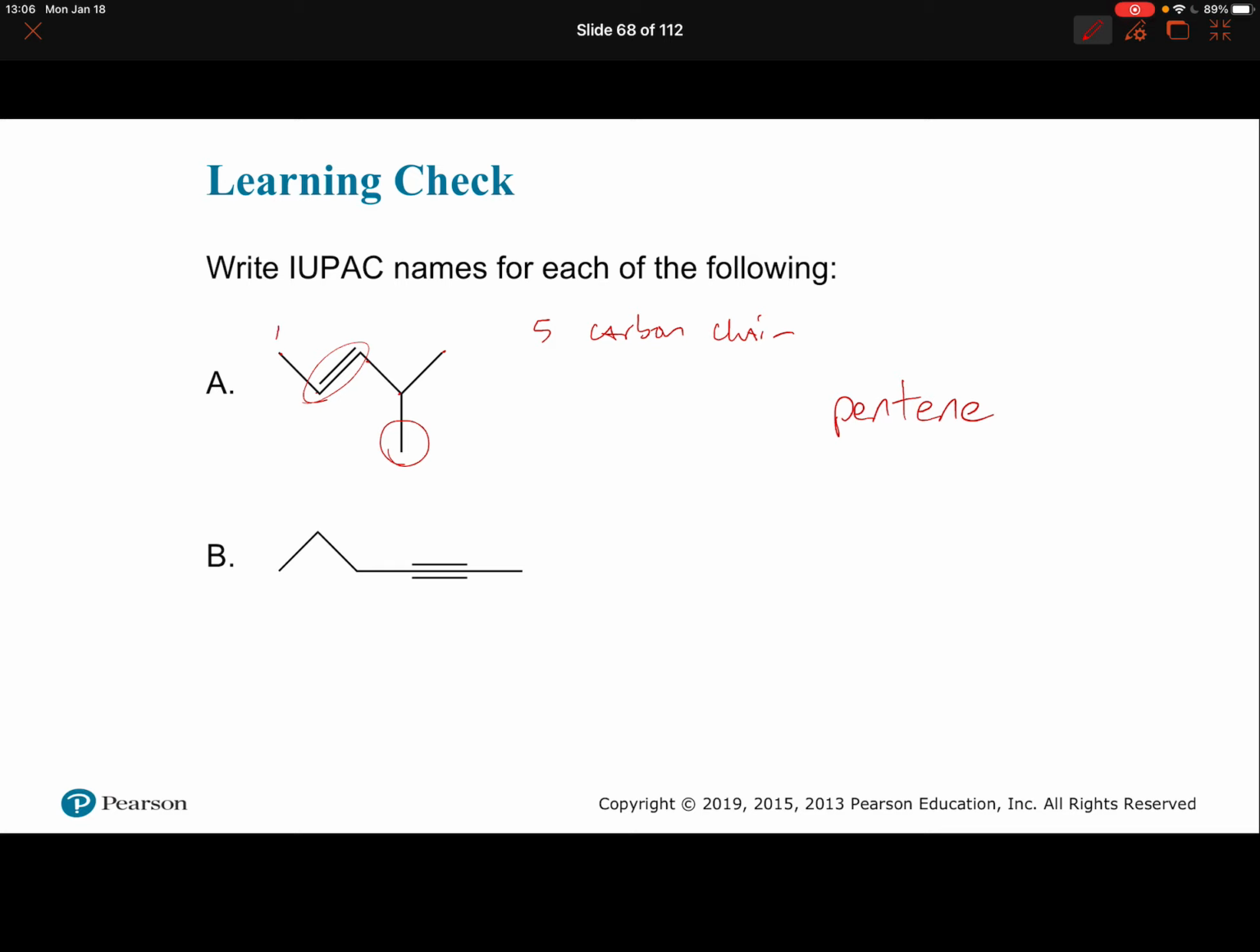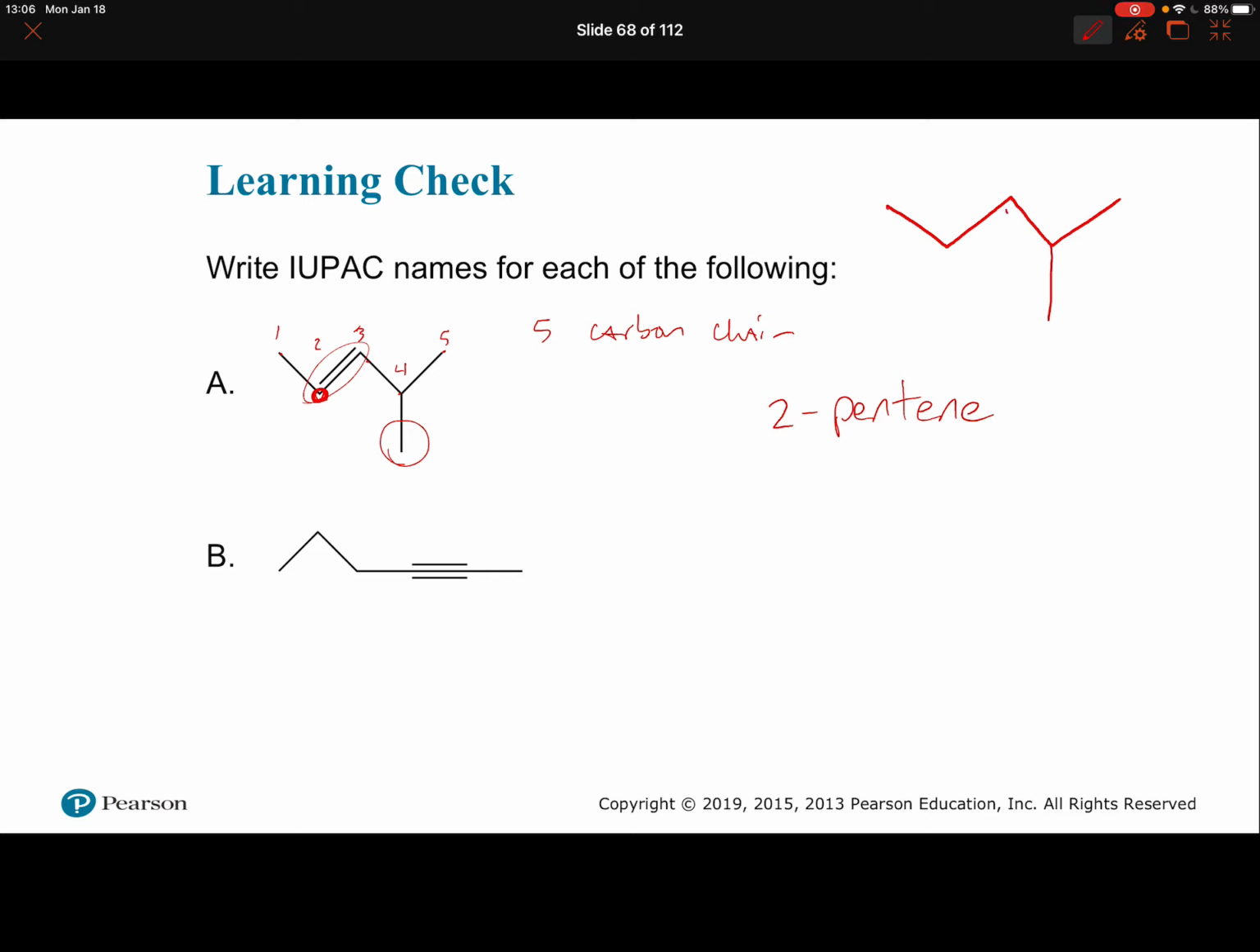So in that sense, we're going to have to start numbering from this side so that we can get our alkene assigned to the number 2 carbon. It starts right here on the number 2 carbon and goes to the number 3 carbon. So this is going to be 2-pentene. Just to show you why I have to specify that this is 2-pentene,